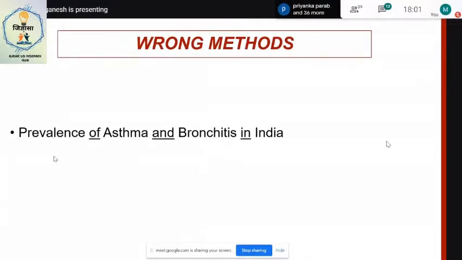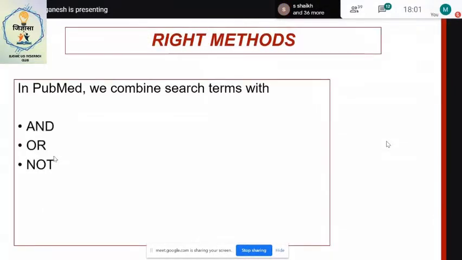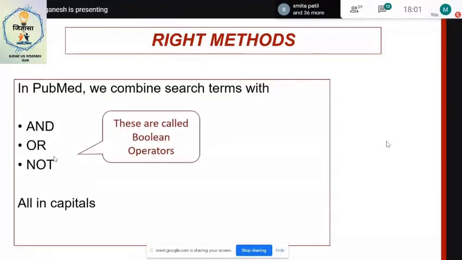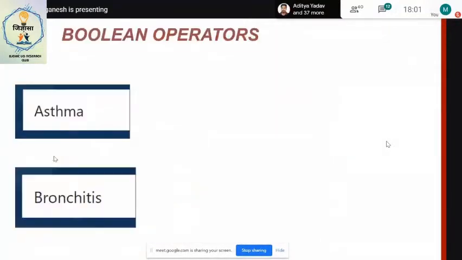So let's learn how to combine search terms correctly. We have to combine search terms with AND, OR, NOT, all in capitals for PubMed, and these terms are called Boolean operators. Boolean operators are used in other databases also. Right now I'm going to talk about how they are used in PubMed.